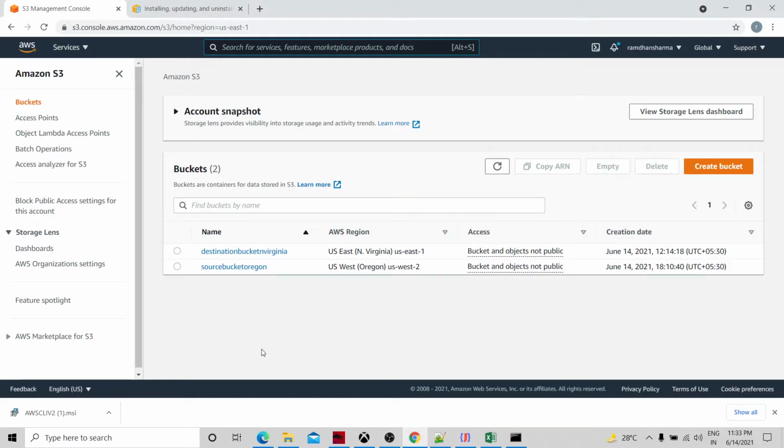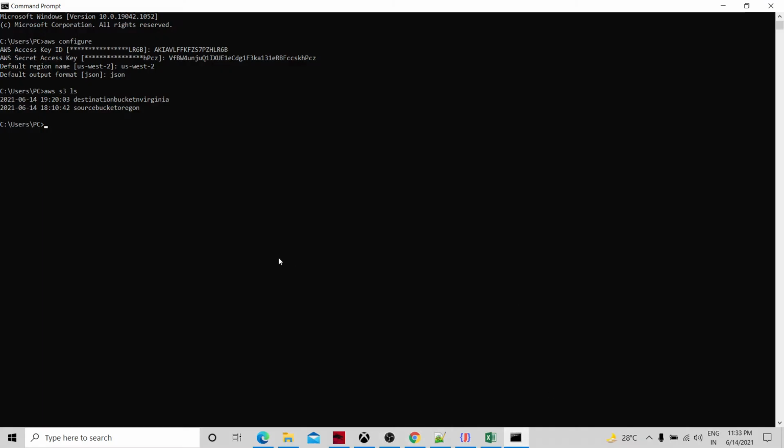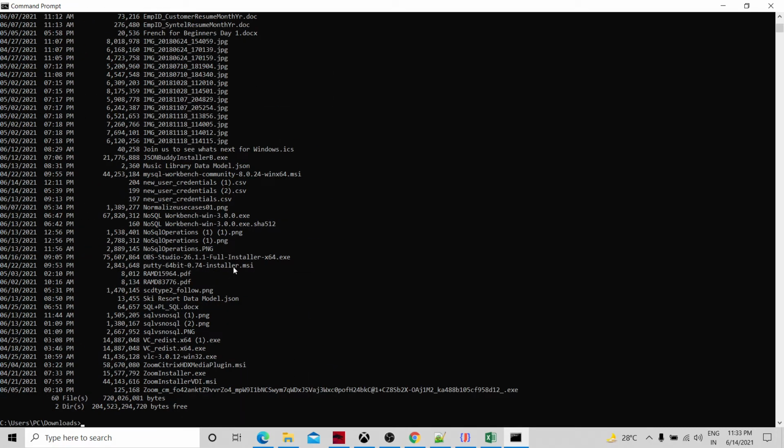Okay, so what I am going to do is place one file over here using a command. So what command am I going to use? Let me see what files I have. Let me go to the downloads and see the files. Let's say I'm going to copy this file. So AWS S3 cp is the command, and the file I need to copy.